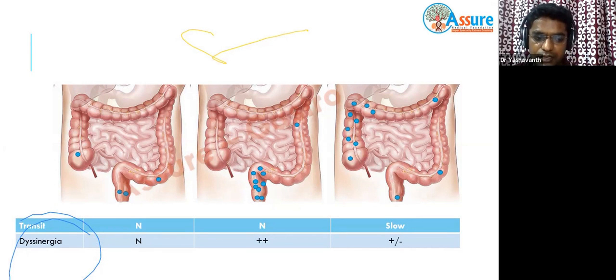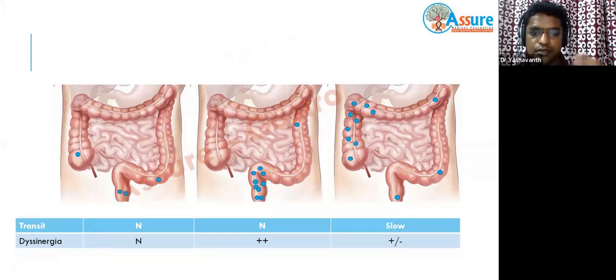So very rarely you have the sensitiveness of the rectum being low, or it is not sensitive, so that it becomes a roomy rectum. And very rarely the angulation of the recto-anal angle, paradoxically because of rectocele or other things, becomes more acute. These are the less frequent causes of dyssynergic defecation. In this case, since it is slow, transit will be slow, but whether dyssynergia is there or not, we cannot say, because these things have not come here. We have not checked whether there is a problem here.